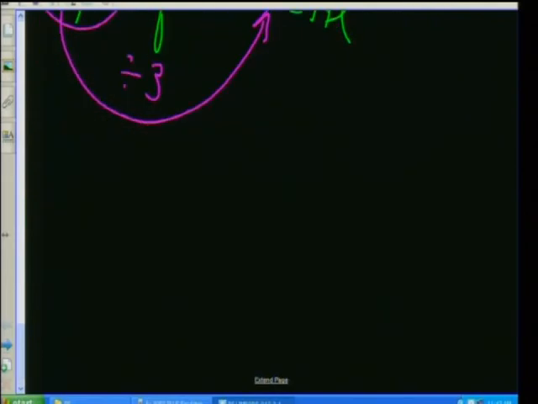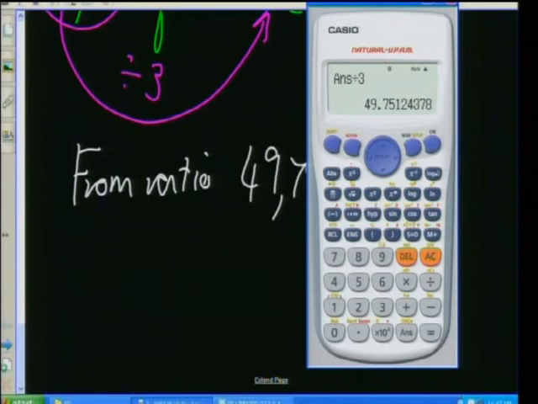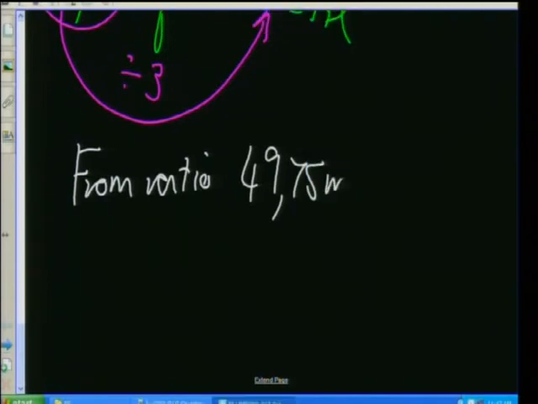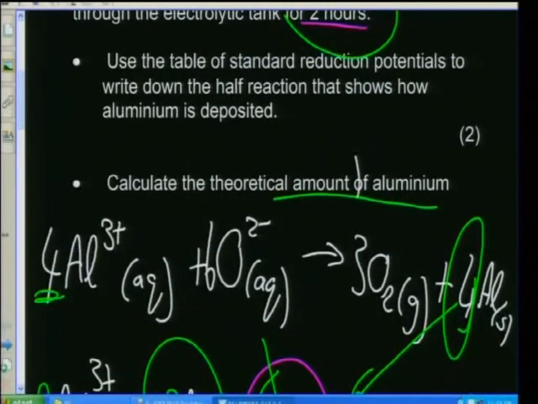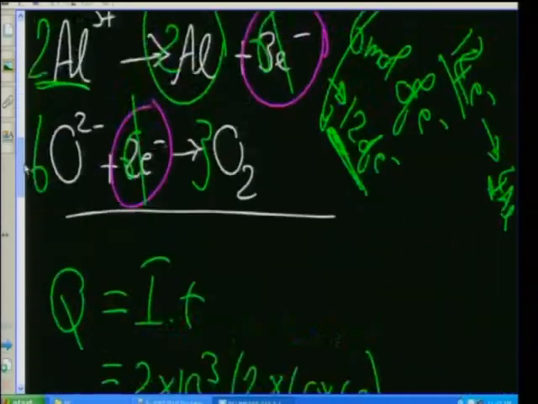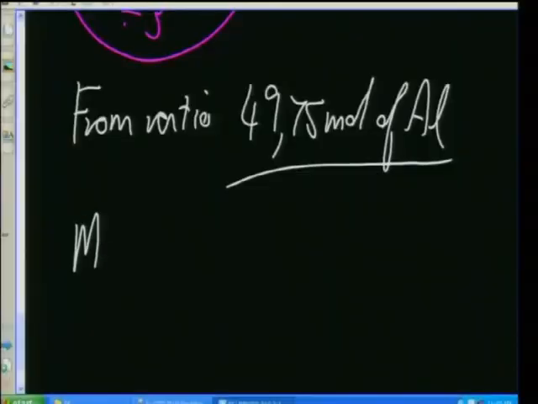So we're almost done. From the ratio, we can say we get 49,75 moles of aluminium. Now, they might be happy with you. I just want to check what they said. Calculate the theoretical amount. They should be happy if you give it to them in moles, but just to be safe, moles is an amount. You could leave it there, but just to be safe, if you want to get to mass,